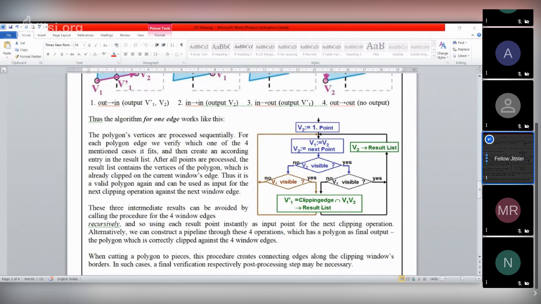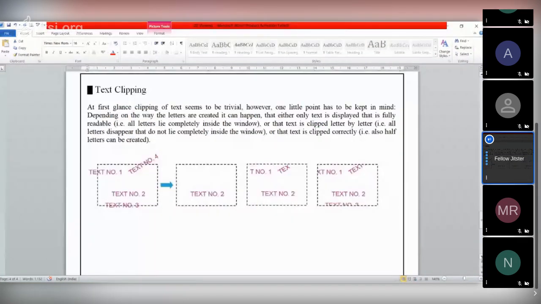corresponding polygon. So we are able to draw the polygon using this algo. After getting this number of points and adding these points, we will get the clipped polygon. So this is the algo that we use to clip a polygon, or this is the polygon clipping algo.